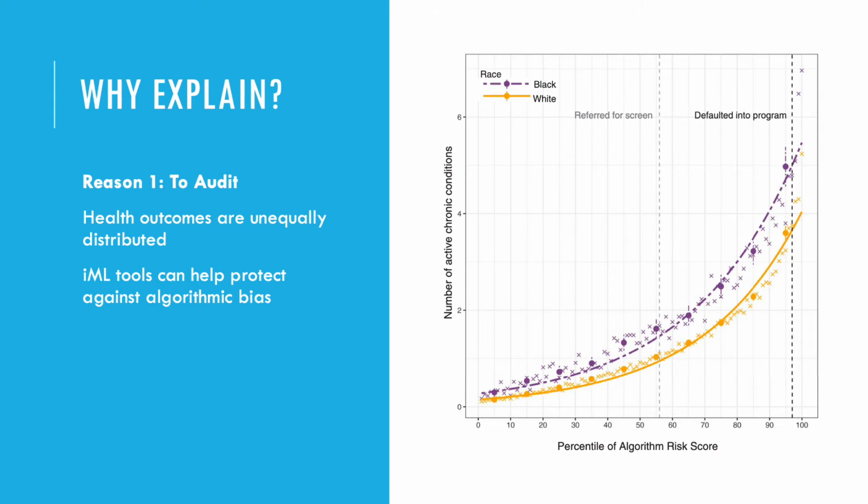And I think you would find broadly similar things if you were to look at socioeconomic status or other breakdowns in different countries. We know that health outcomes are unequally distributed, and there are lots of complex reasons for that. But the concern is that bringing in algorithmic tools might automate those inequalities.